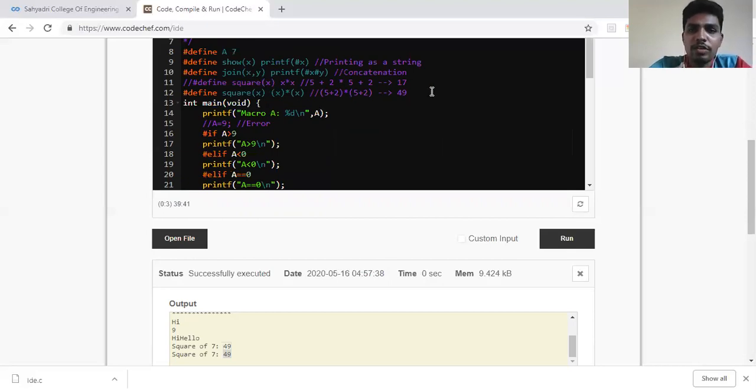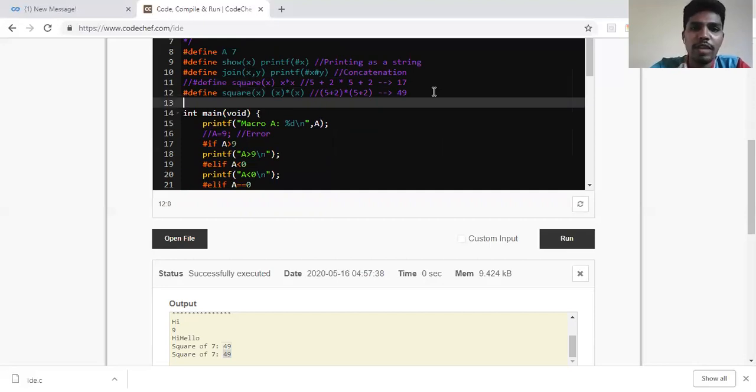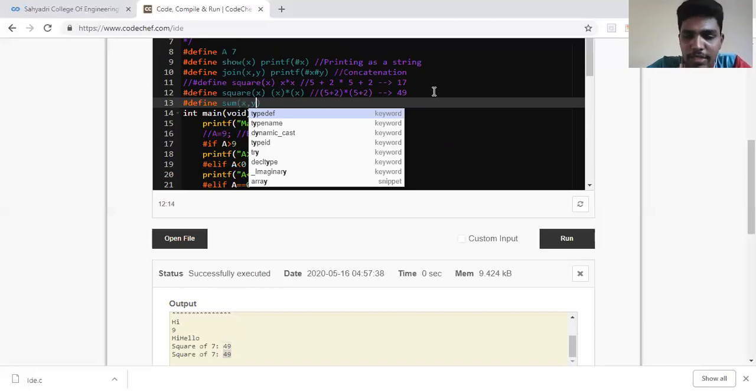Fine. Okay. So now we'll see another example where we can actually have multiple line functions. So how can we define a very big macro? For example, assume that I want to add two numbers, and then print the numbers in the same macro function. So how can I do that is I can go for hash define. So sum is my macro, which takes two integer arguments, x and y.